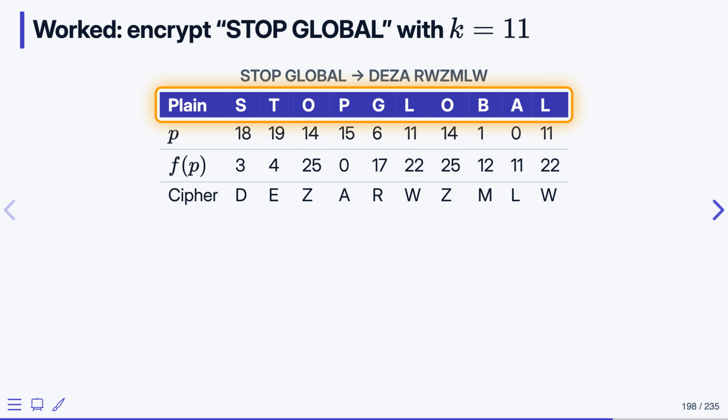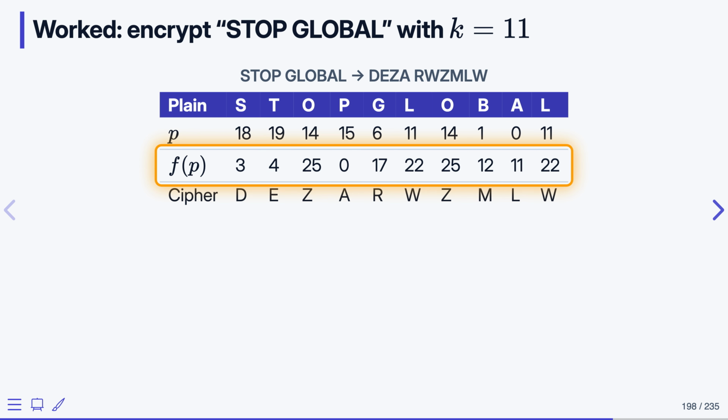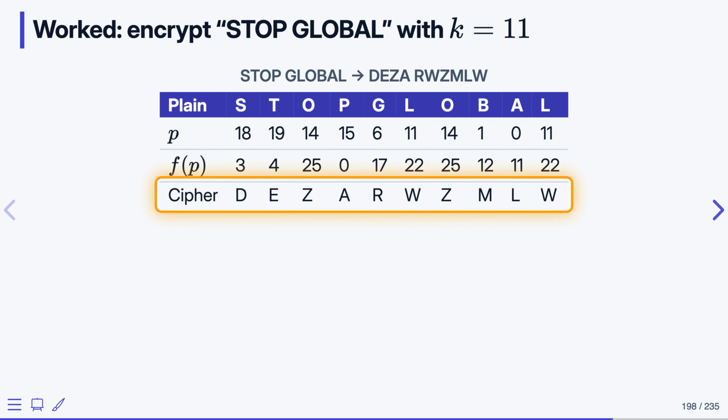Let's try a shift cipher with key 11. Our message is stop global warming, and we take the first two words here. The numbers are 18, 19, 14, 15, then 6, 11, 14, 1, 0, 11. Add 11 to each one and wrap at 26. 18 plus 11 is 29, which wraps to 3. 19 gives 4. 14 gives 25. 15 plus 11 is 26, which wraps to 0. As letters, stop global becomes DEZA,